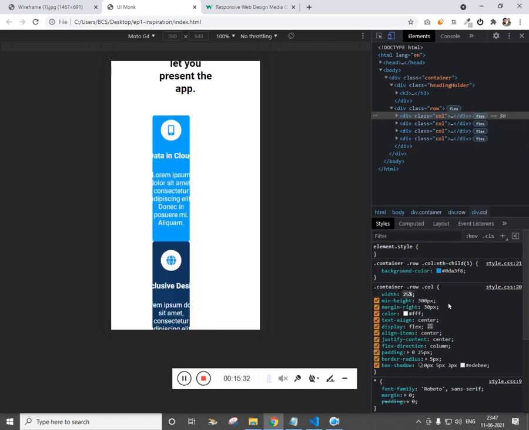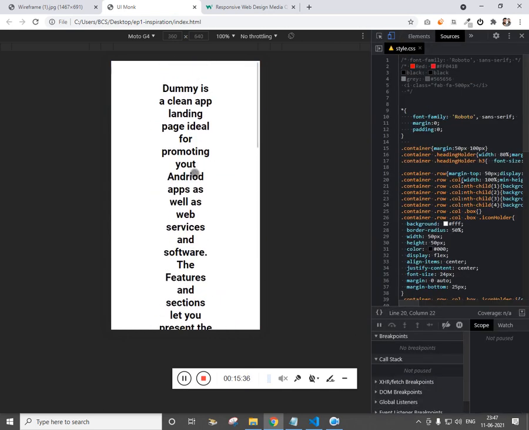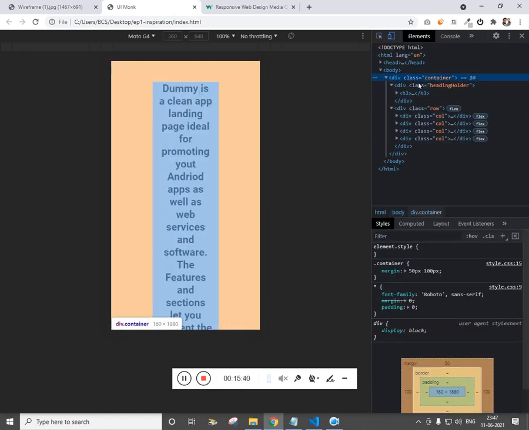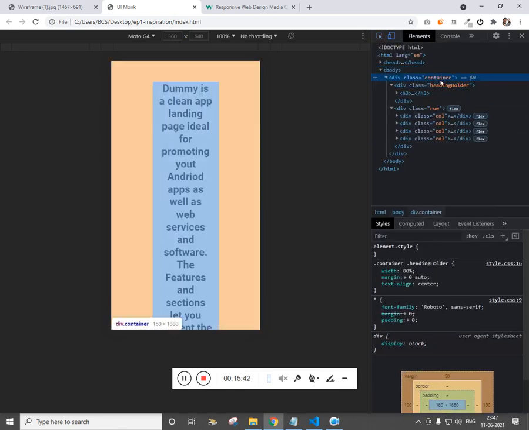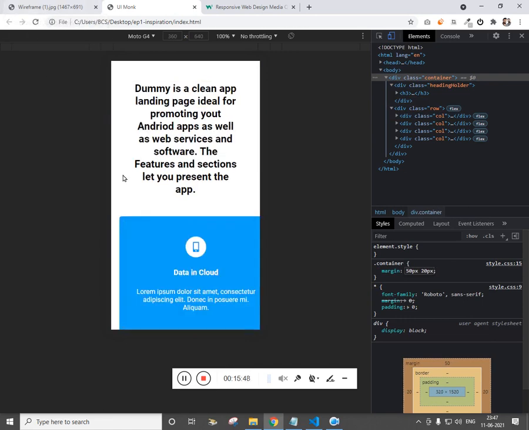Actually you should give 100%. Okay, first let's design this. Get the container, and let's make the container top and bottom, it's okay, left and right it should be 20. Select all,